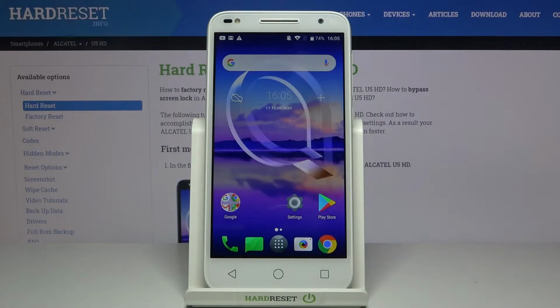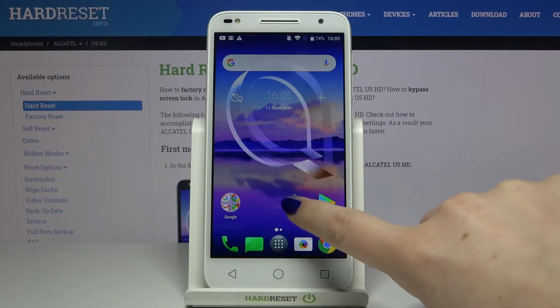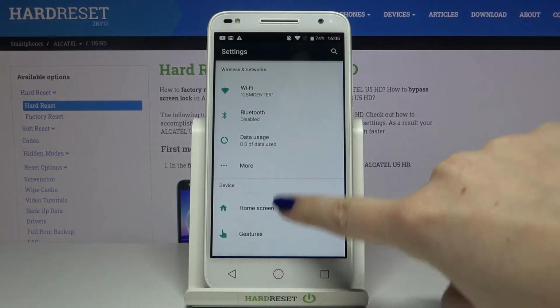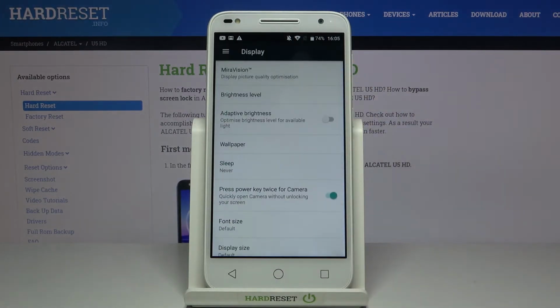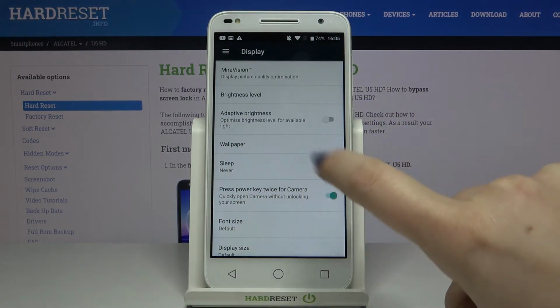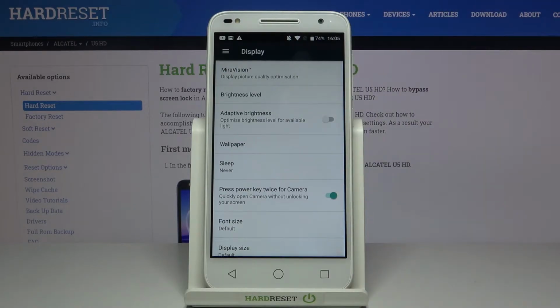Hi everyone, here we've got ALCATEL U5 HD, and let me share with you how to change the wallpaper on this device. So firstly we have to reach the settings, so let's do it, and now let's scroll down and tap on the display. Here we've got the wallpaper option, it should be on the 4th position, so let's tap